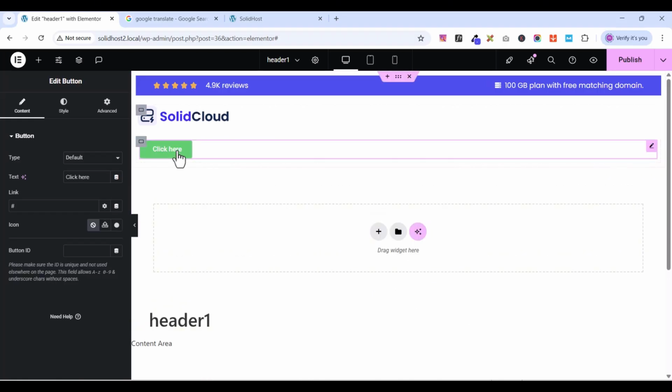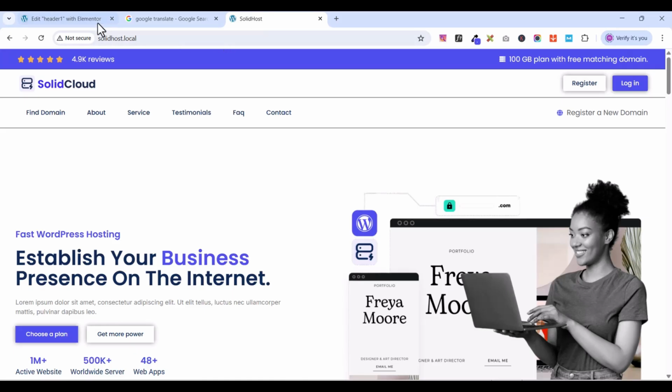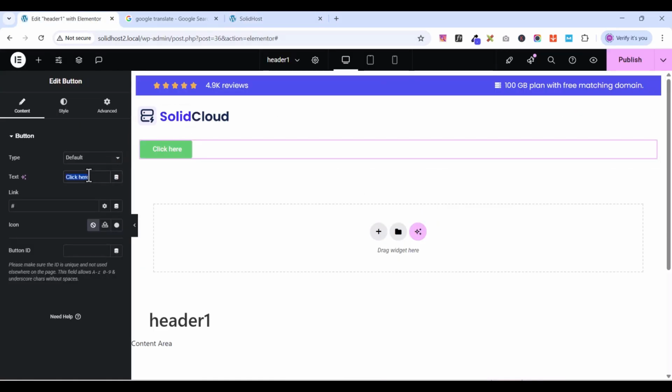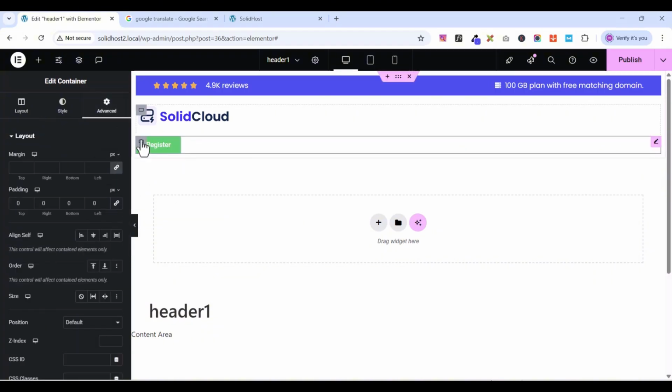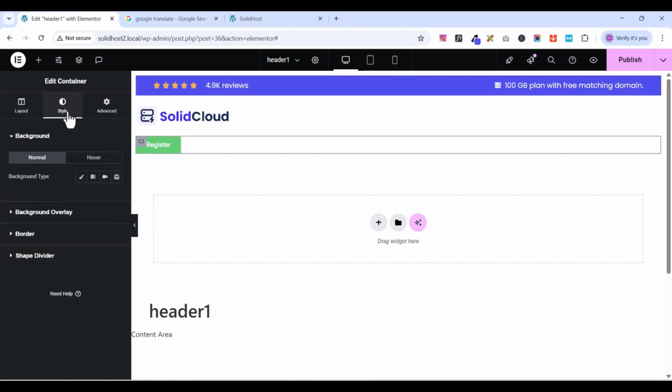All right, okay, then I'm going to click on this button and name it register. Then I will duplicate it, but let me finish. Okay, let me select this container again, then remove the padding of the container. Okay, like this. So I'll go to style,